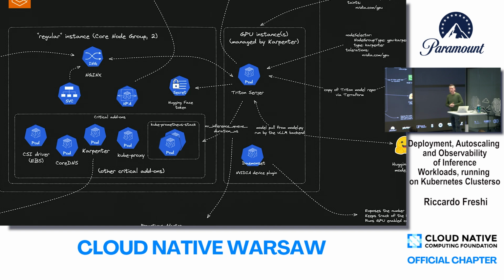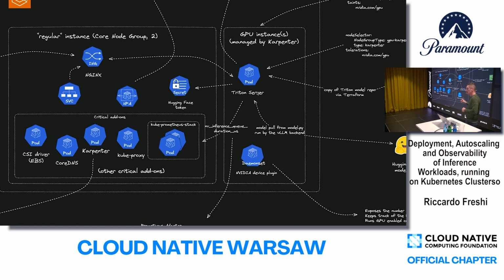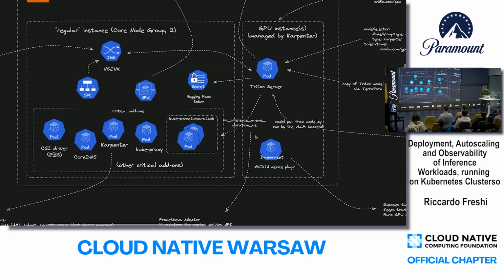So Triton. I'm not sure how many of you are familiar with Triton, but it is also an open source component. It is an inference server. It runs models and allows you to make requests to Triton and receive replies. It can host and run multiple models in parallel, supported by different frameworks, for example ONNX, TensorRT, vLLM. vLLM is the one that is used in this example.